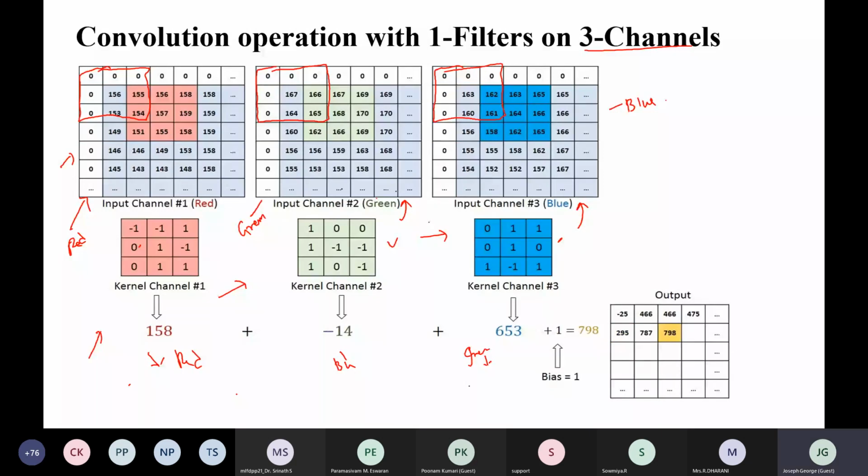So even though we are dealing with 3 channels and 3 filters for the convolution operation, the output will be of size 2D, which means the output activation map or feature map will be 2-dimensional. And how is this value received? This value is computed by taking the weighted average from the red, blue as well as green channels and adding them together.